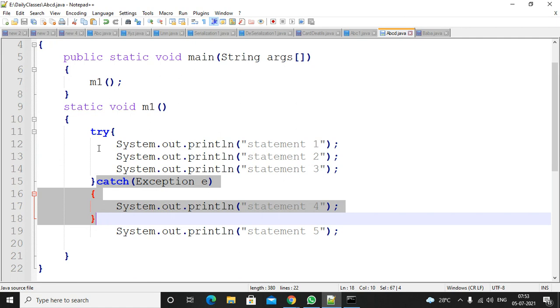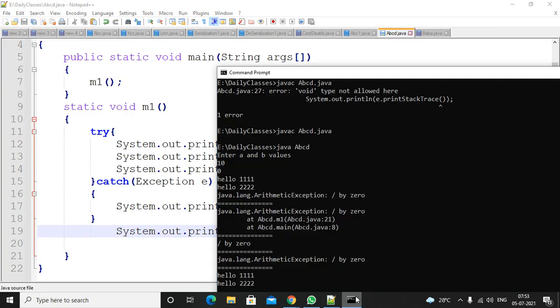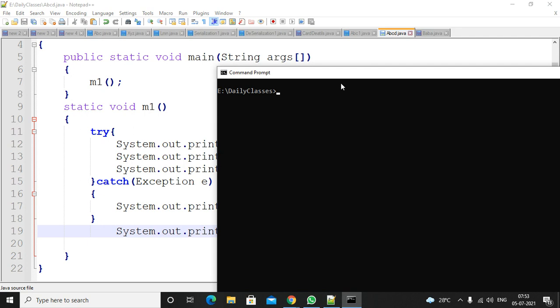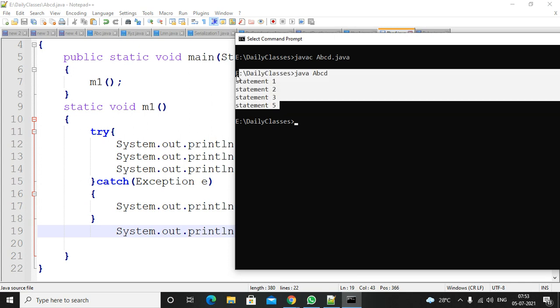It will come out and execute statement 5. So if there is no exception, you will get 1, 2, 3, and 5 as output. Compiling and executing the code, you are getting statements 1, 2, 3, and 5.